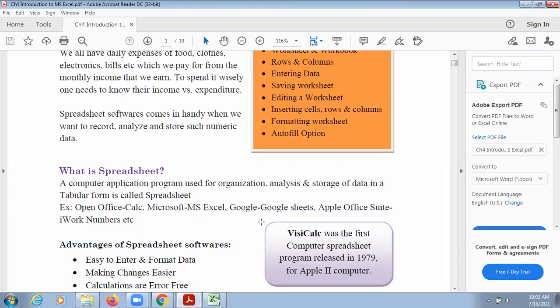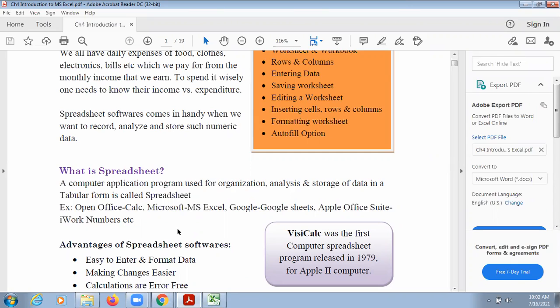So a spreadsheet is software which is in the form of tables. Any software which looks like a table is called spreadsheet software. It doesn't mean that only Excel is spreadsheet software. All those students who do not have MS Excel on their computers can download or use any other software. Even the students who do not have computers and laptops can also use spreadsheet software. You have to use spreadsheet software, not only Excel. Excel is an example of spreadsheet software.